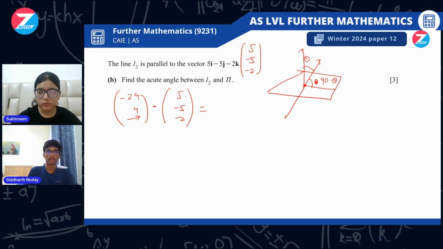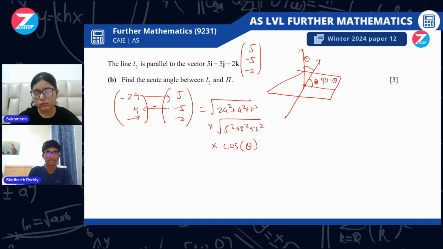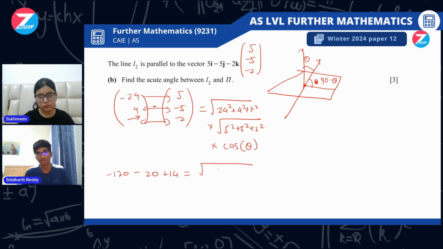And instead of now multiplying the corresponding elements, what we can do is multiply the magnitudes. So like this, square root of 24 square plus 4 square plus 7 square into square root of 5 square plus 5 square plus 2 square into cos theta, where theta is the angle between them. So now we can multiply this part on the left hand side. So minus 24 times 5, that's minus 120. So minus 120 minus 20 plus 14 is equal to square root of